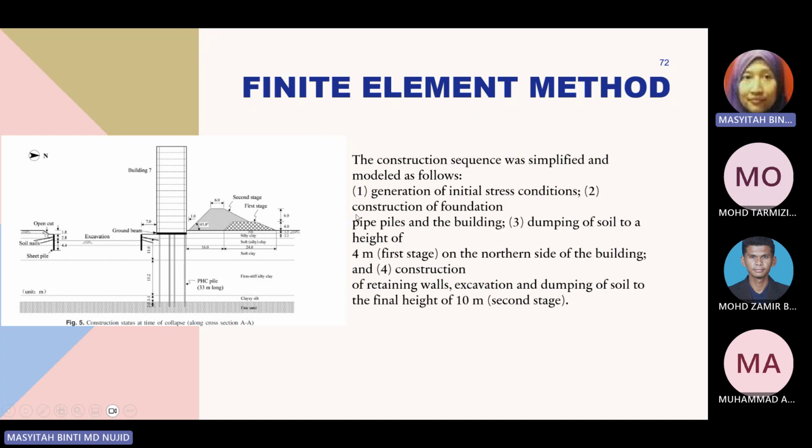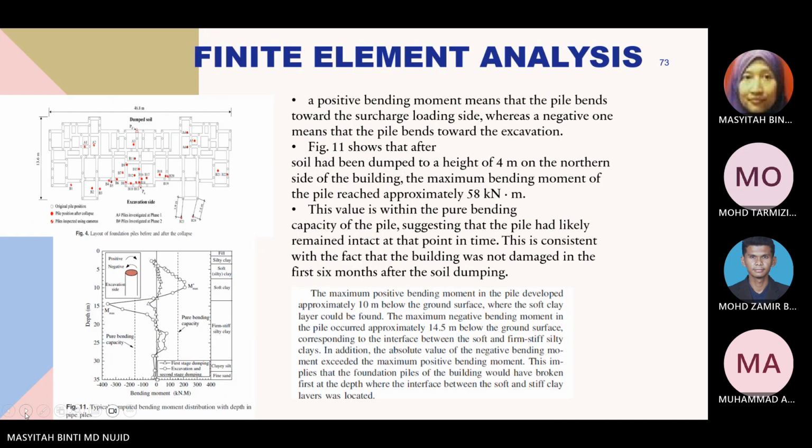This is the second stage. In Plaxis, you have to determine these 4 steps first before you can have the final results. Okay, the final element analysis or the output. So the output states that from figure 11 here,